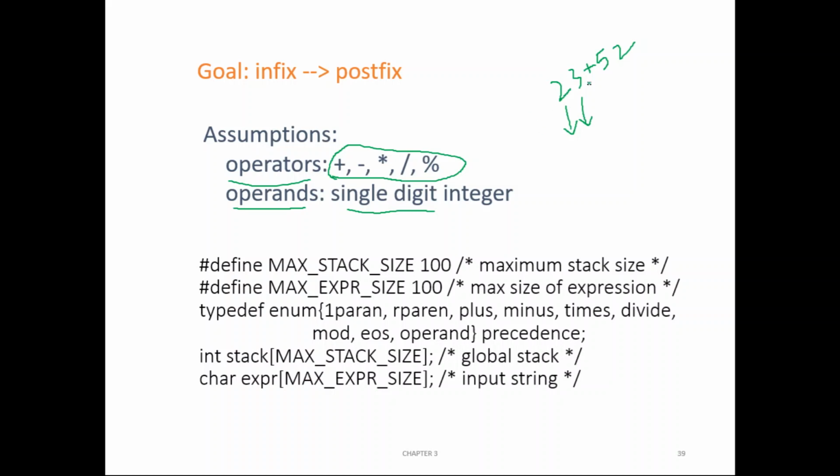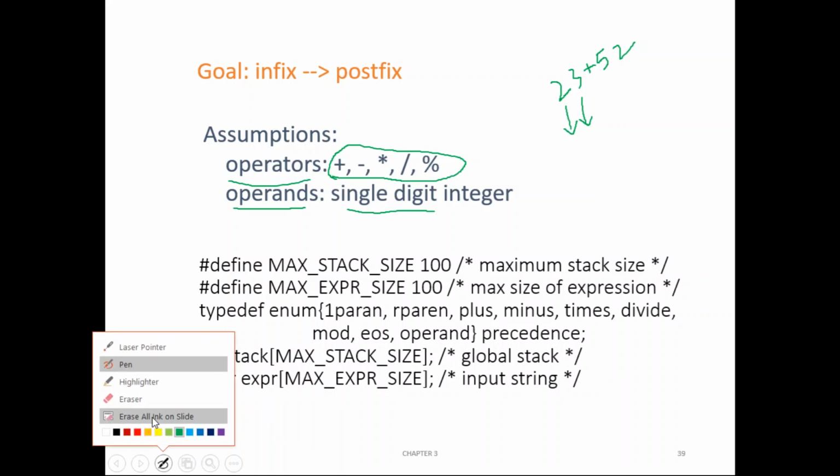And you don't know how many characters there are. If it is a 2-digit number, 2 characters. If it's a 3-digit number, 3 characters. Then you have to think of that logic, so the program length will increase. To avoid that, we assume that each number has only 1 digit, because our objective here is to understand how the compiler evaluates the postfix expression using a stack. Once this simple program is implemented, later you can upgrade it for multiple digits or other operators also. That's not a big deal.